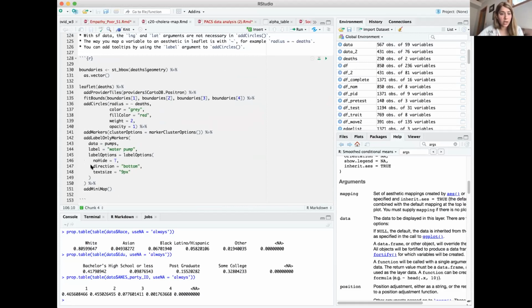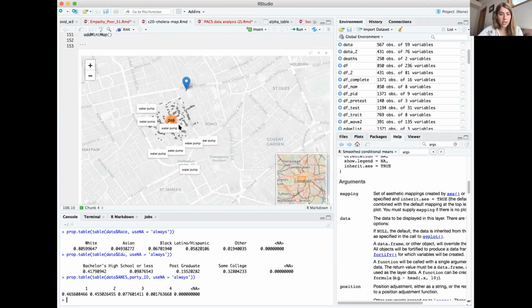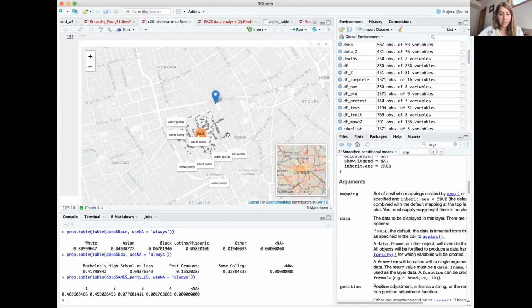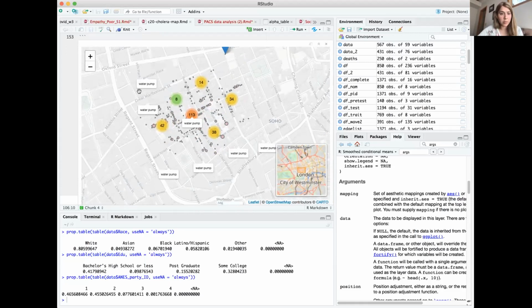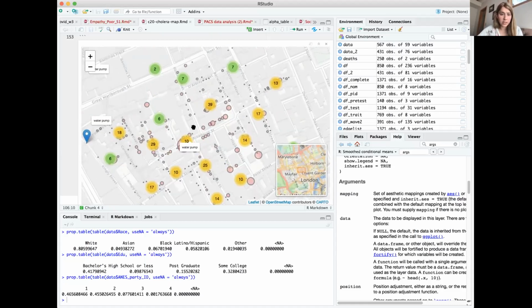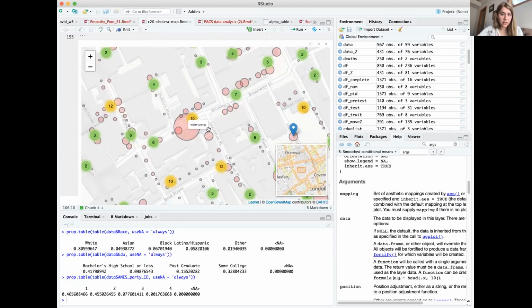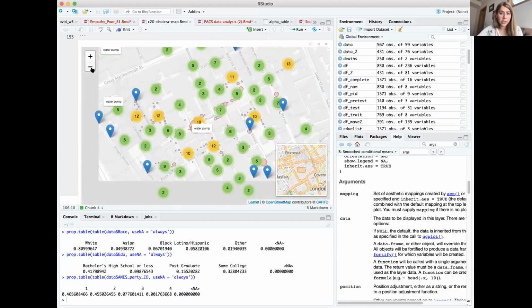Again, I'm using the leaflet package, really not a lot of code. And it's a map of London. We're trying to look at cholera at this time in London, when it was pretty prevalent. They thought it was spreading through the air, but when you look at the data, it seems to be due to these water pumps. That's how they figured out it was spreading through the water. So I can zoom in and see the number of cases, and see that they're around this water pump, for example.